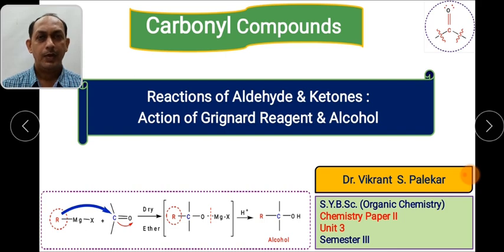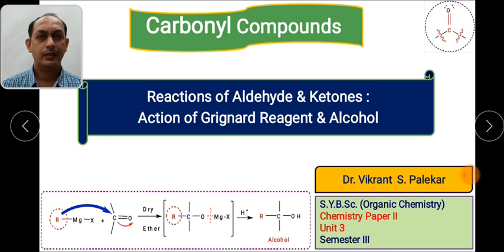In the earlier topic, we have seen two reactions given by aldehydes and ketones. The first one is the action of HCN. As we know, it goes through nucleophilic addition, during which the nucleophile attacks the carbonyl carbon and forms cyanohydrin. The second reaction we have seen is the action of sodium bisulfite, and we came to know that they form an adduct by the attack of sodium bisulfite.